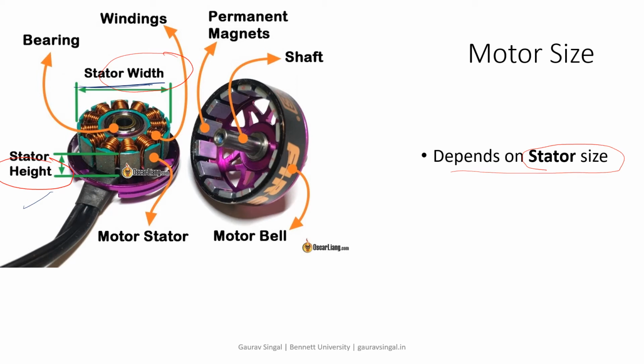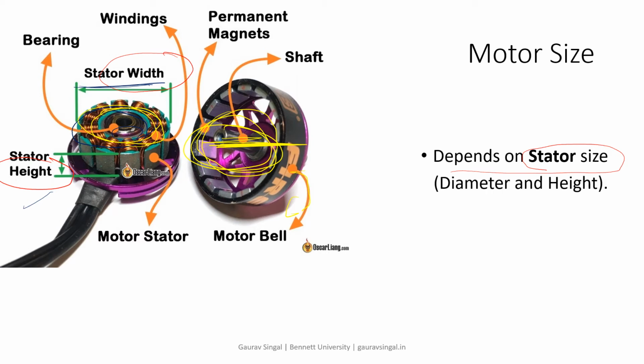There are other components you can see. There are the bearings, same as other motors. There are the windings with the stator part. This is a shaft where we can put any fan or a propeller maybe. There's a permanent magnet which will help us generate the torque. This is the outside motor bell, the motor cover, and this is the stator part.